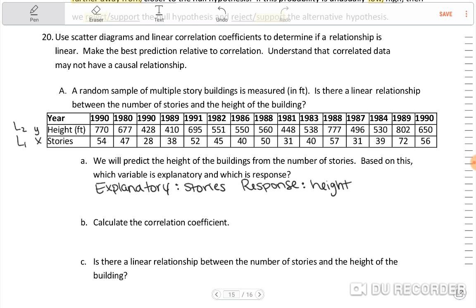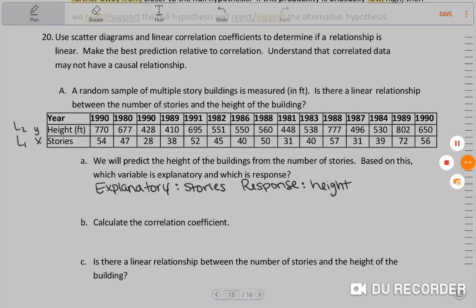So I'm going to pause. I'm going to go ahead and put these in. Remember, I'm going to put stories in list 1. I'm going to put height in list 2, and I am going to keep them matched up the way they are here in order to make accurate data, right? So,